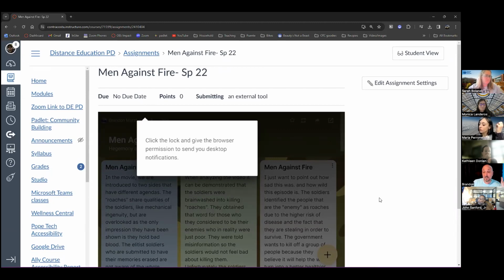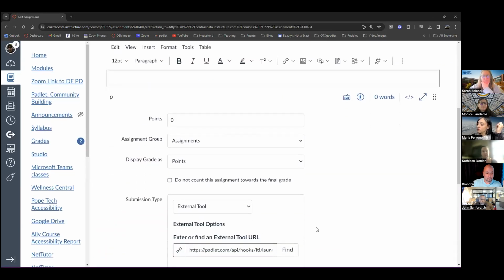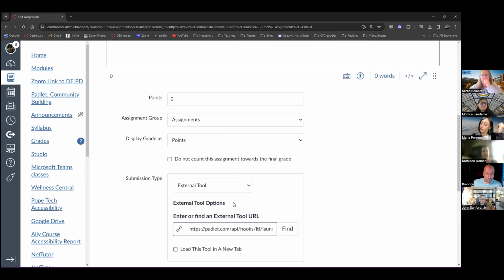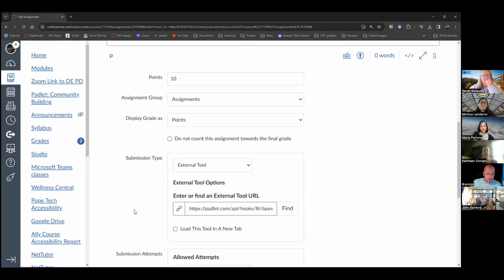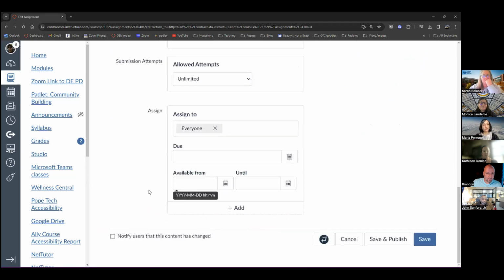And then I like to have students take screenshots as well, and up here there will be a start assignment, and then when you set up the assignments, you would just have them give you the screenshot.